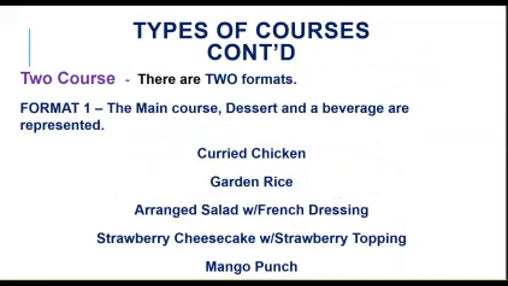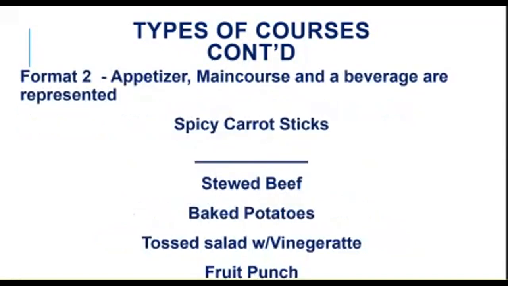The second type of menu is a two-course menu. Two-course menus can be written in 2 formats. Format 1, the main course, dessert, and a beverage are represented. In the example below, there's curried chicken, garden rice, arranged salad with French dressing, strawberry cheesecake with strawberry topping, and mango punch. In format 2, an appetizer,